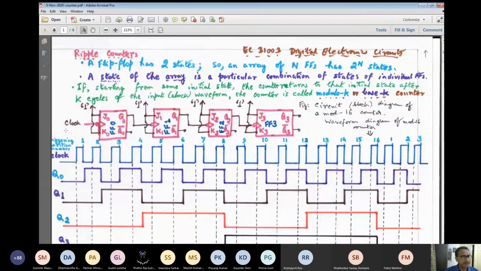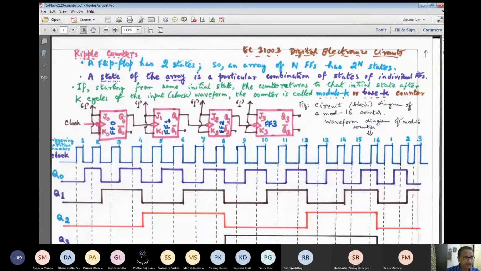Here we have a system-wide clock. In this clock signal, we are naming the triggering transitions by number. What do we mean by that? A triggering transition means the particular active edge which triggers a particular flip-flop. That means it induces some transition in the flip-flop. Transition means the state can change, so from the set state it can pass to the reset state. That means Q0, if earlier, prior to the active edge, it was in logic 0 state, may now become 1, or it can even remain the same.